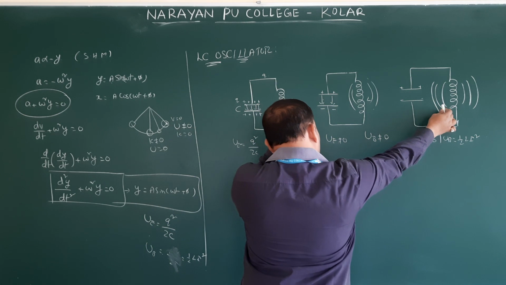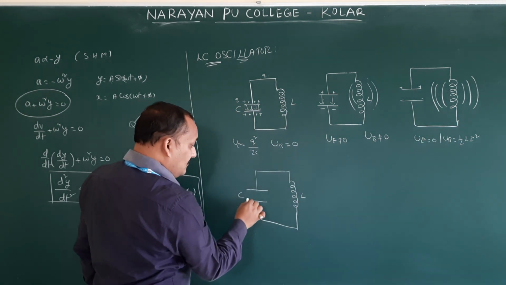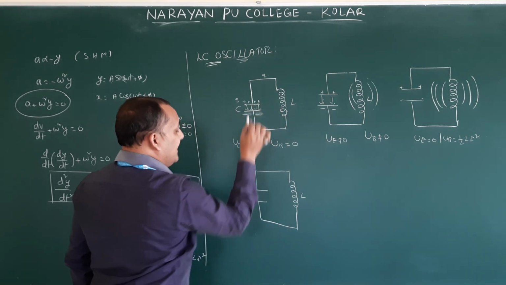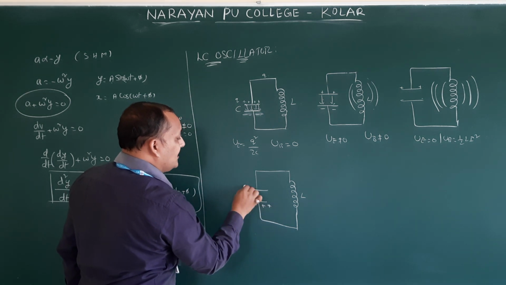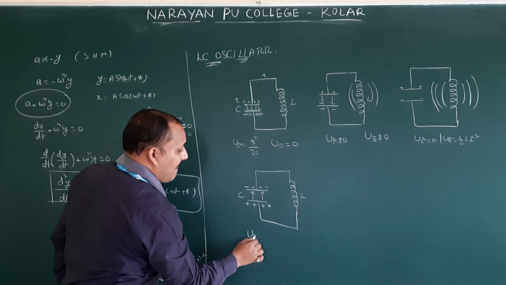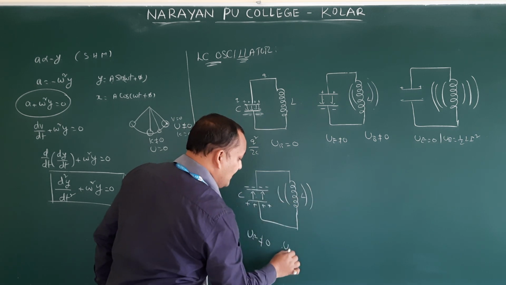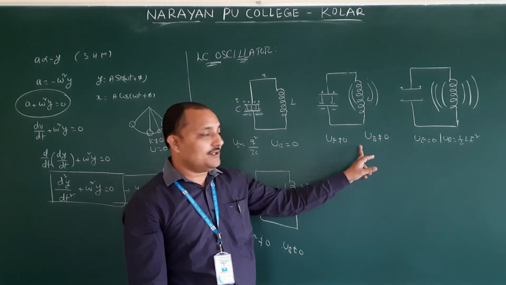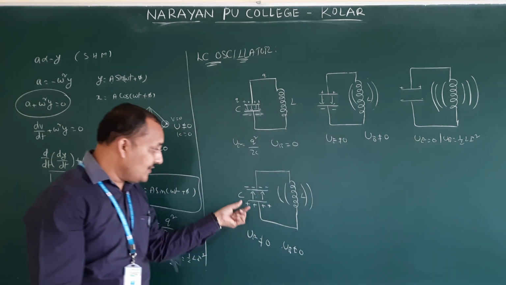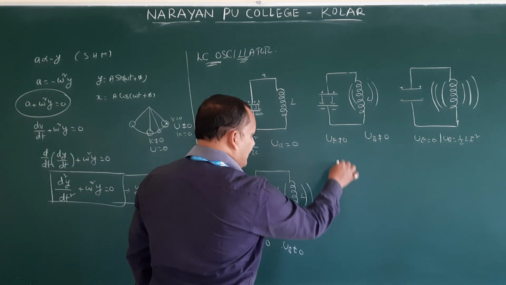Now which energy is there here? Only magnetic energy. What about electrical energy? 0. Now it is going to be reversed. If it is positive, it becomes negative, and this is going to become positive. Now this is electrical energy, and this is magnetic. Now it is coming to this stage, but the signs positive and negative are going to be interchanged. Why? Because the energy is on the left side.